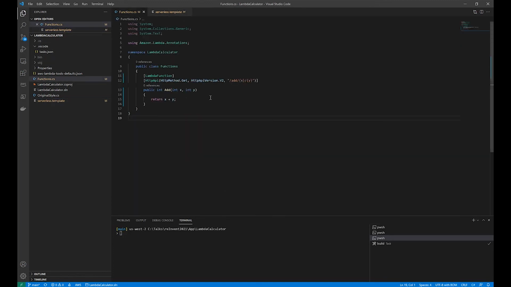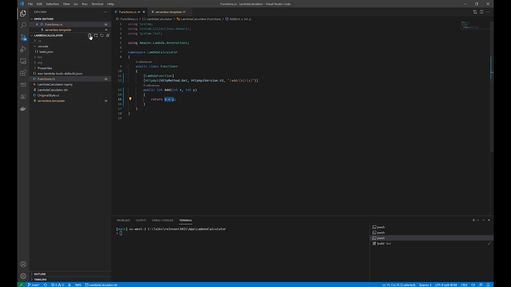Now, another thing that I often hear when people are writing with Lambda is how can I get dependency injection working in here? What is that experience like? And that's actually a first part with our new library as well. So in this case, let's say our very complicated business logic of doing add, we actually want to move that into our own calculator service.